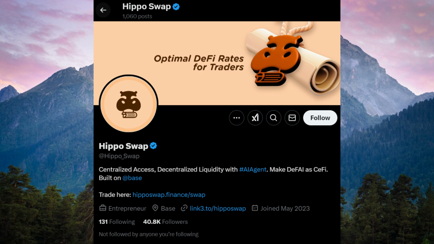Select your order type. Market order buys instantly at the current market price. Limit order buys at a specific price set by you. Enter the amount of HIPPO you want to buy. Check the total cost in USDT before confirming the trade. Click on Buy HIPPOSWAP to complete the purchase. If you select market order, you can adjust the percentage of available funds you want to use to buy HIPPO